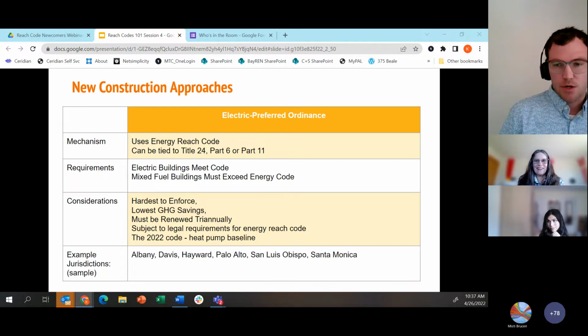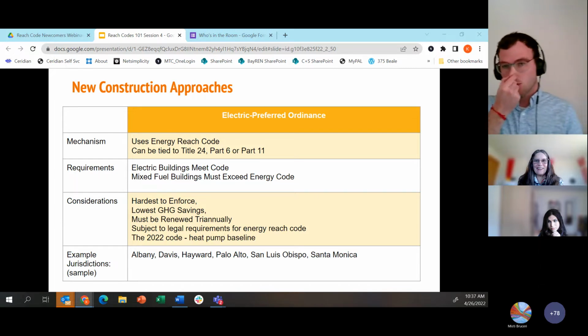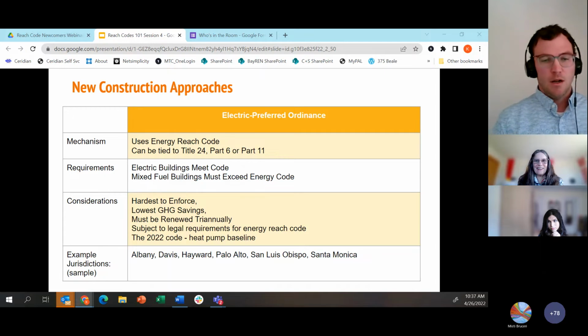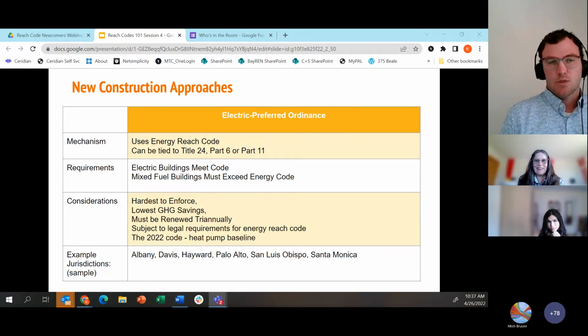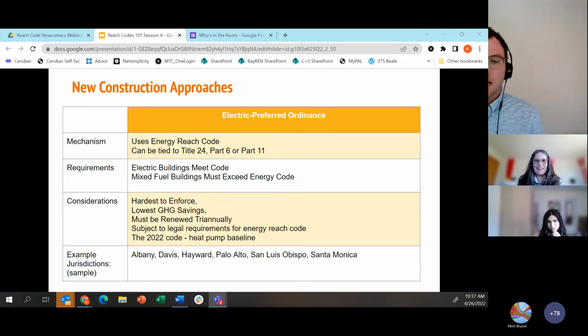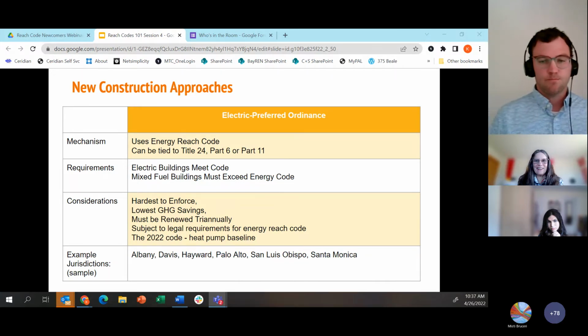And I'll just note here that, as I mentioned in some of the previous slides, the 2022 code for certain climate zones and for certain building types already has a heat pump baseline, which will serve at the state level.